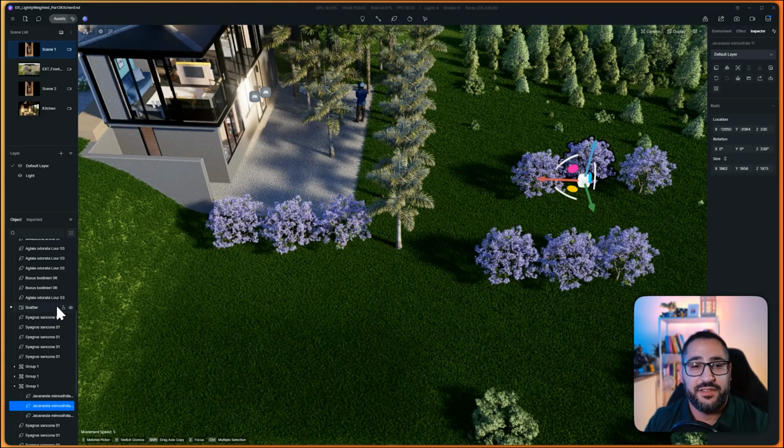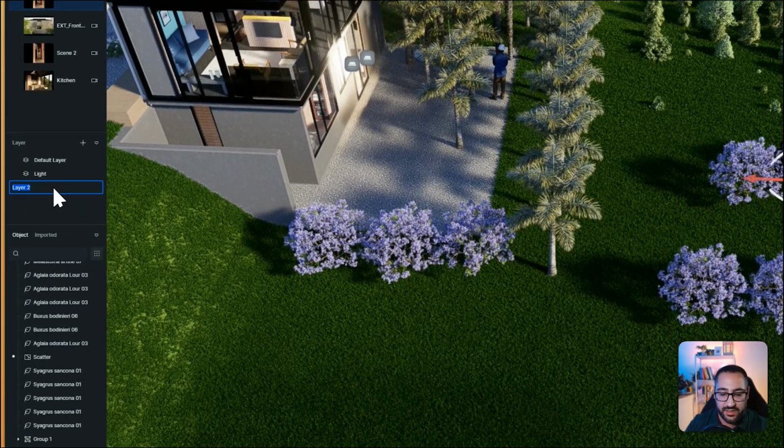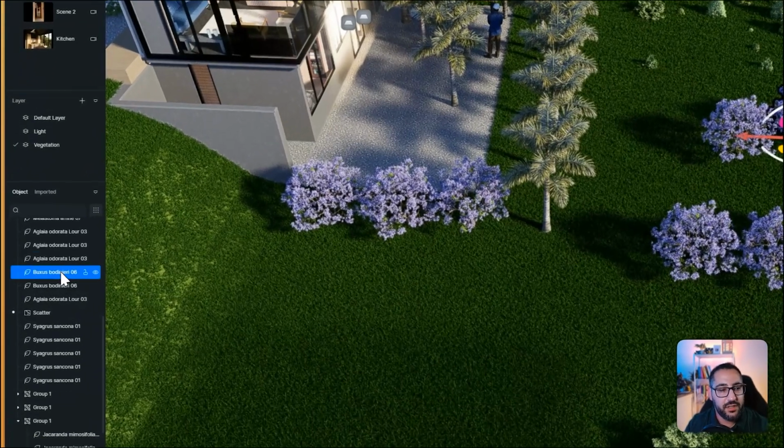So my last and final tip: usually when I work in a project, I'm in the zone and sometimes I get really bad about handling layers and being organized. As you can see, I only have 2 layers right now, but I want a vegetation layer so I could easily turn things on and off. So watch this. If I go to layer and I call it vegetation,